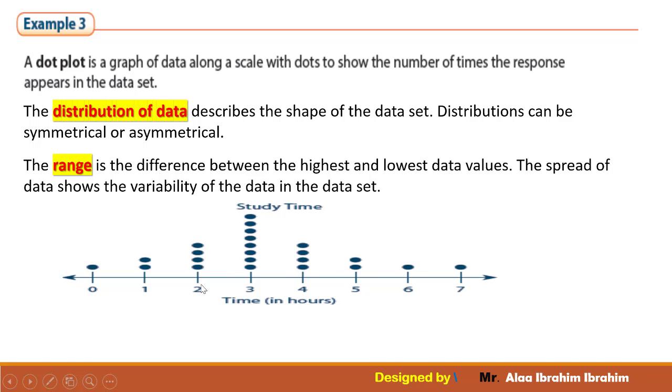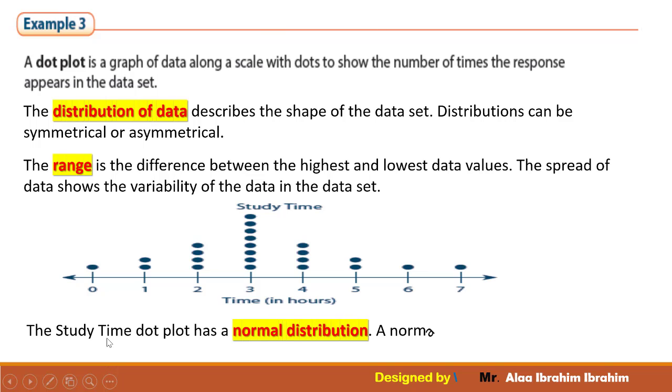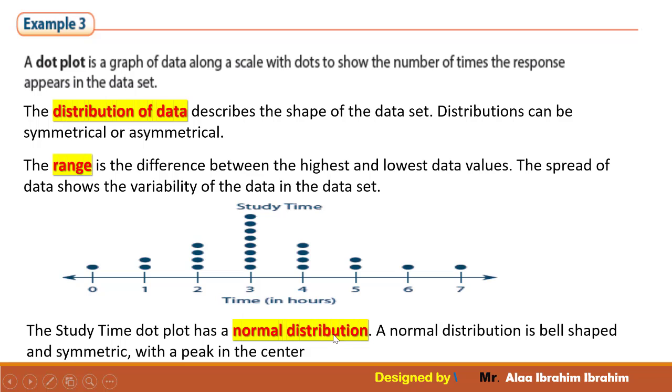So now this is my form. If you imagine you make a line or curve like this, you have something like a bell. You know the bell? So this is the form of your dot plot most of the time, especially with the distribution of data here. So the study time dot plot has a normal distribution. A normal distribution is a bell. So this is a normal distribution because it is symmetrical. The numbers here look like the numbers on the other side. This is the center one